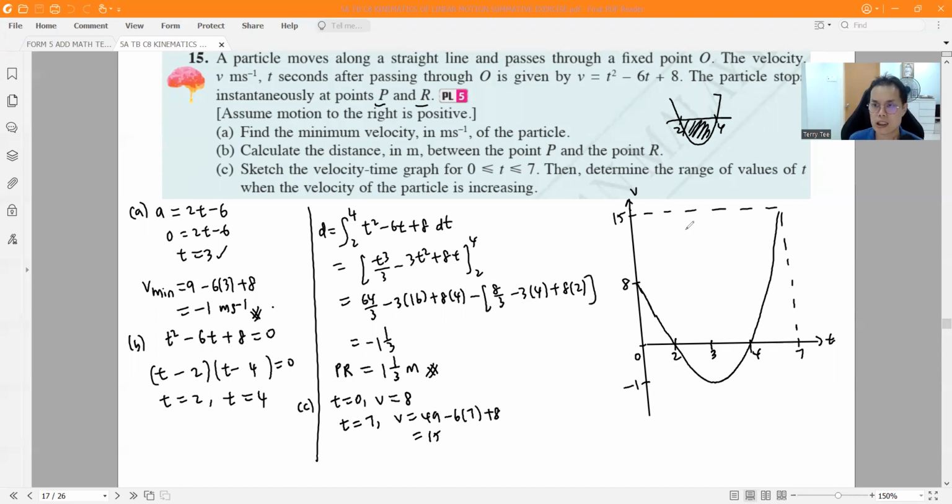But one more thing. Determine the range of values of t when the velocity is increasing. Well, you can see the velocity is increasing here. Basically, velocity is increasing when your a is more than 0, right? Yeah, you can write this a more than 0 if you want. So t, you can see based on the graph, right? Velocity is increasing when t is more than 3, right? From this part onwards, velocity is increasing. All right, we are done with this